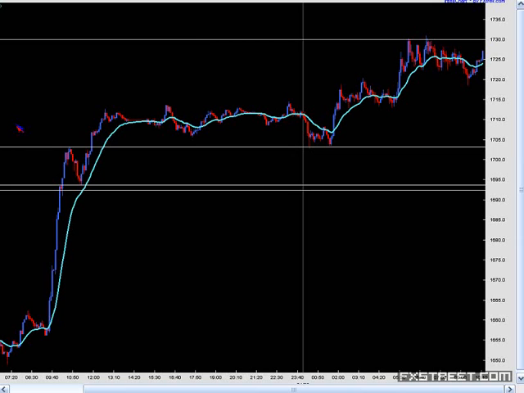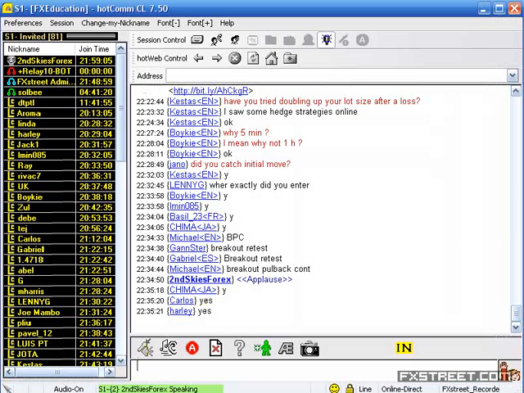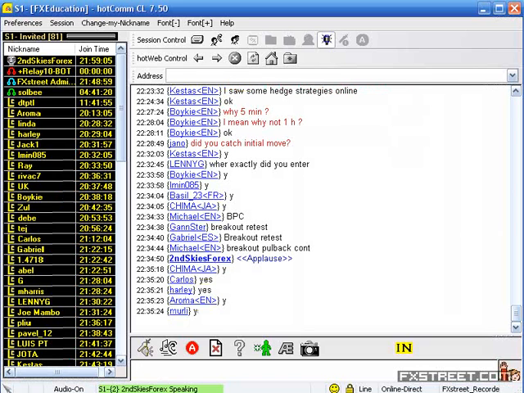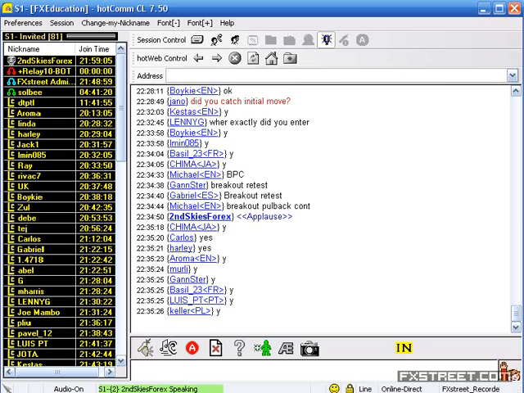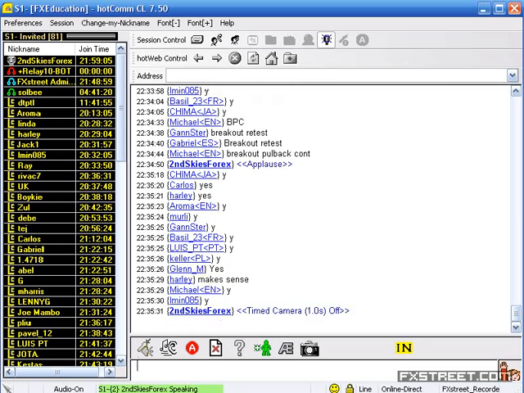That breakout pullback or that breakout retest, it works on any time frame. It doesn't matter whether it's a 3-minute, 5-minute, 1 hour, 4 hour, daily. This is a classic example of it. Can everybody see how simple it is to find these little setups? Yes, no? Can everybody see how I manage my trade on this one here? Make sense? Yeah? Okay, great. Fantastic. So that covers the gold trade.